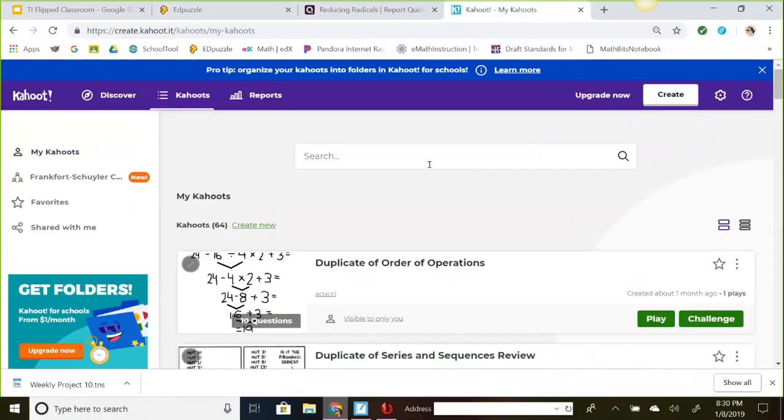Now, Kahoot is used for a whole class activity. So you're not going to do it kid by kid. The entire class is going to review together. You can search for pre-made ones, or you can make your own. You search it, and you have to have a presenter. Then the kids can use their cell phones or a Chromebook, and they just tap the correct answer, and it becomes a game.